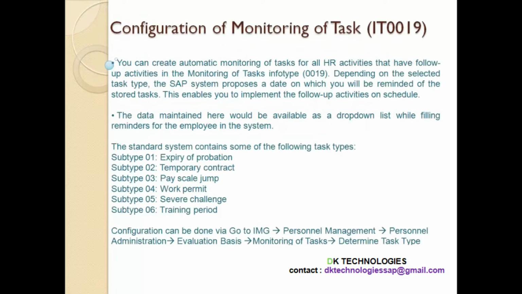So, what is infotype 19? Infotype 19 is monitoring of task. You are monitoring a task which has to be performed. So it says you can create automatic monitoring of tasks for all HR activities that have follow-up activities in the infotype 19. Depending on the selected task type, the SAP system proposes a date on which you will be reminded of the stored